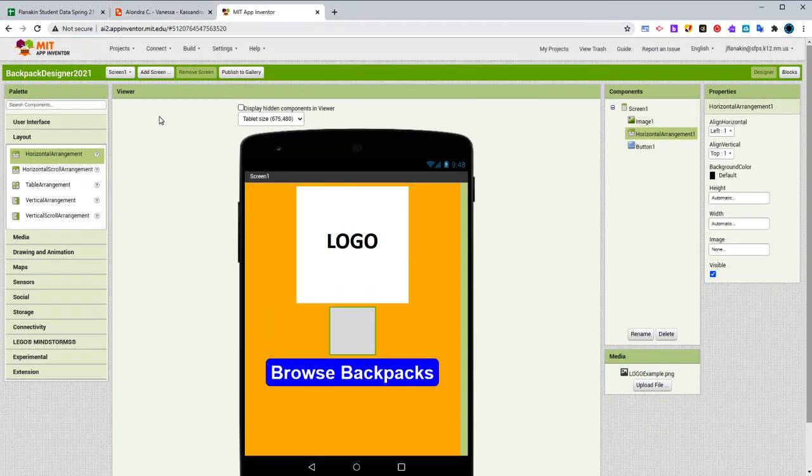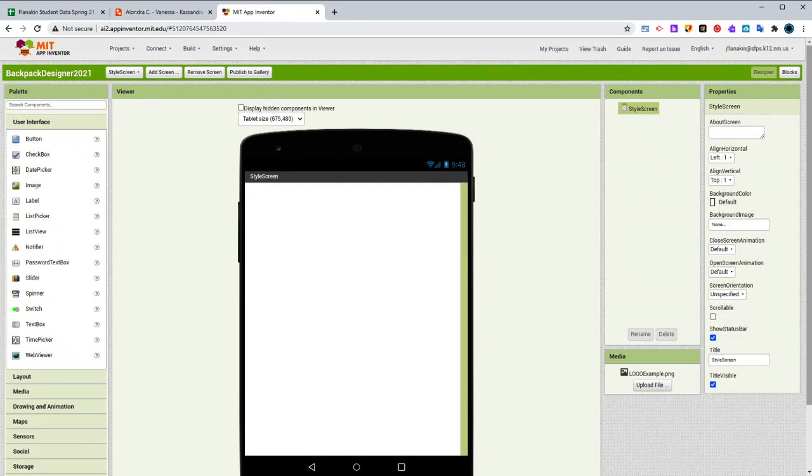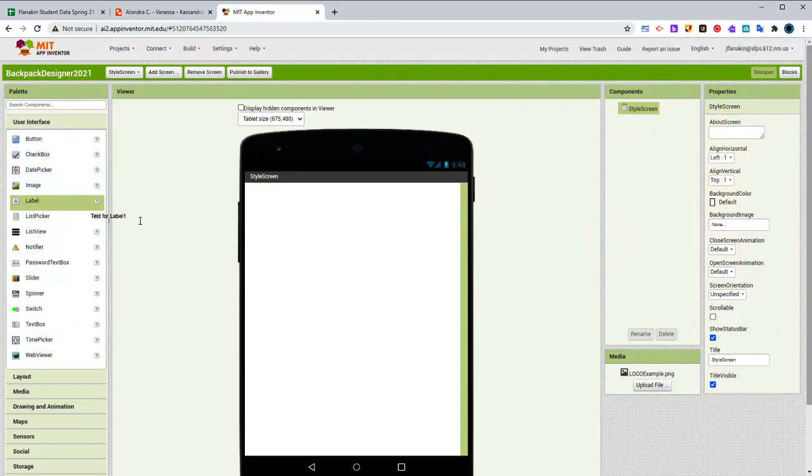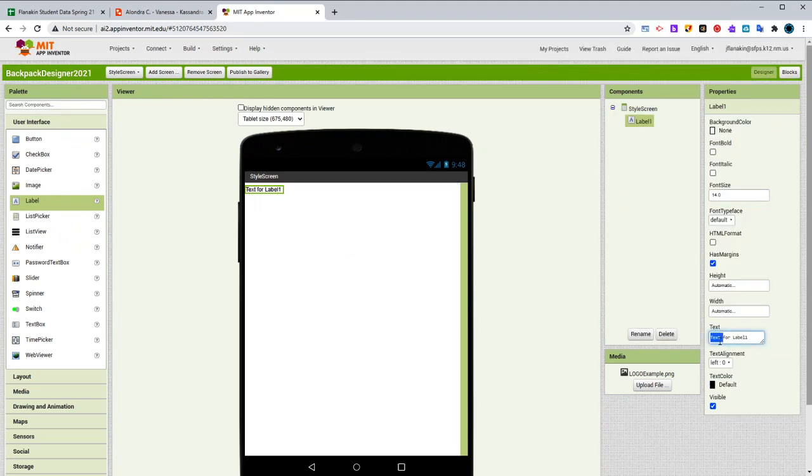Let's go ahead and make a new screen. So we're going to go to Add Screen, and I'm going to call this the Style Screen. Hit OK, and it's going to open up a new blank screen for you guys. Don't freak out. Your other screen's still here, but we're just working on this screen for now. So we're going to put Choose a Style, and then we need a drop down. So label, choose a style,